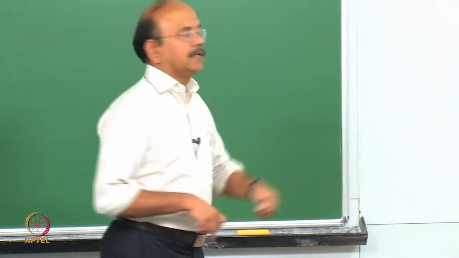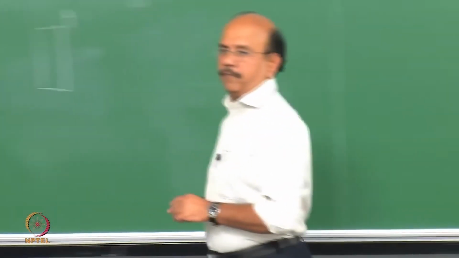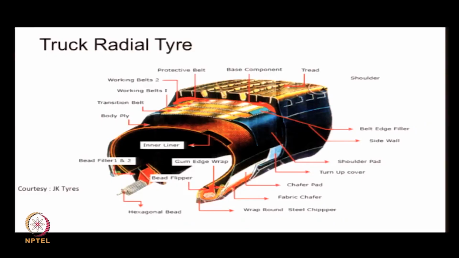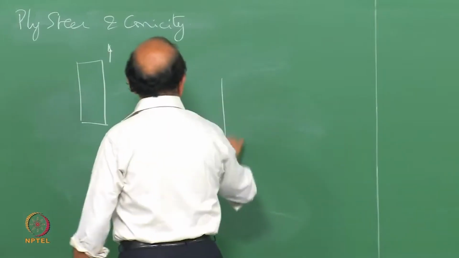In this case it is steel belts. And there are a number of belts. It can be 3 belts, 4 belts, and so on. If you look at these belts closely, I'll just zoom that here and draw it here. If this is one belt,